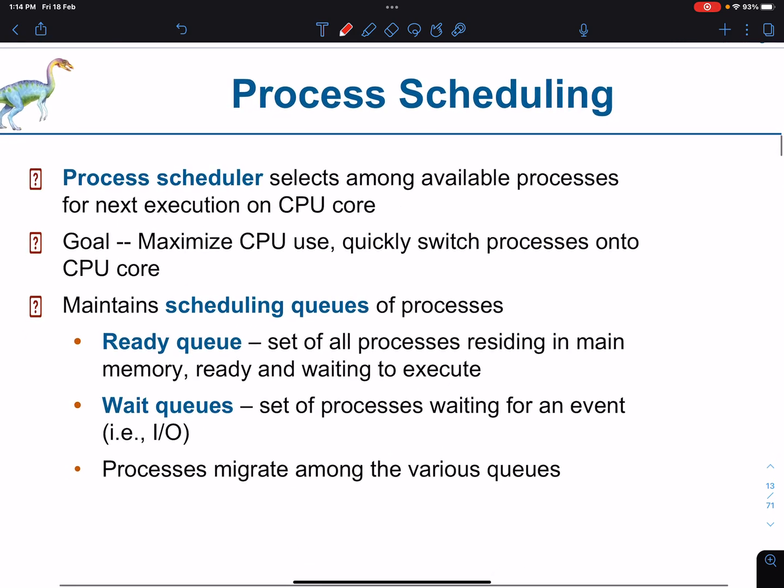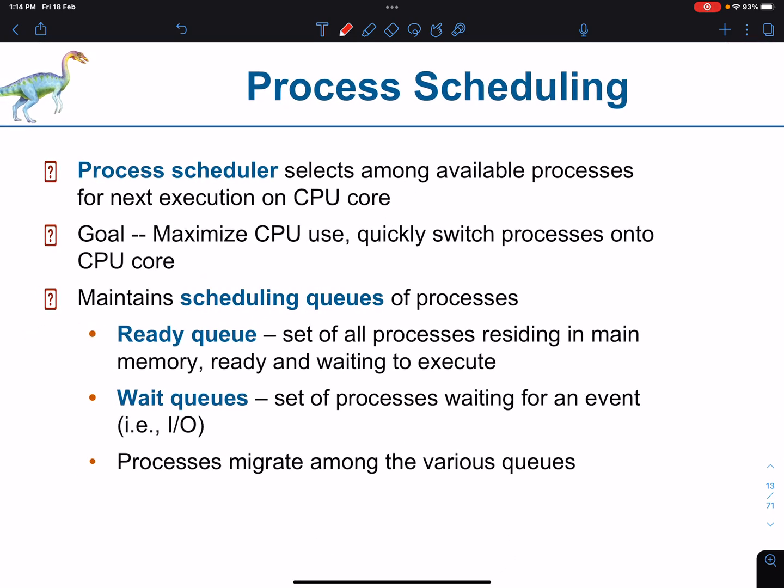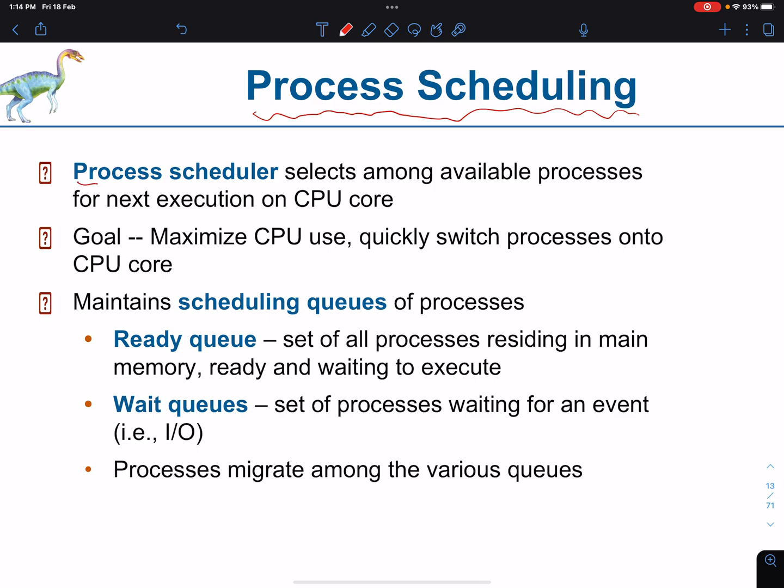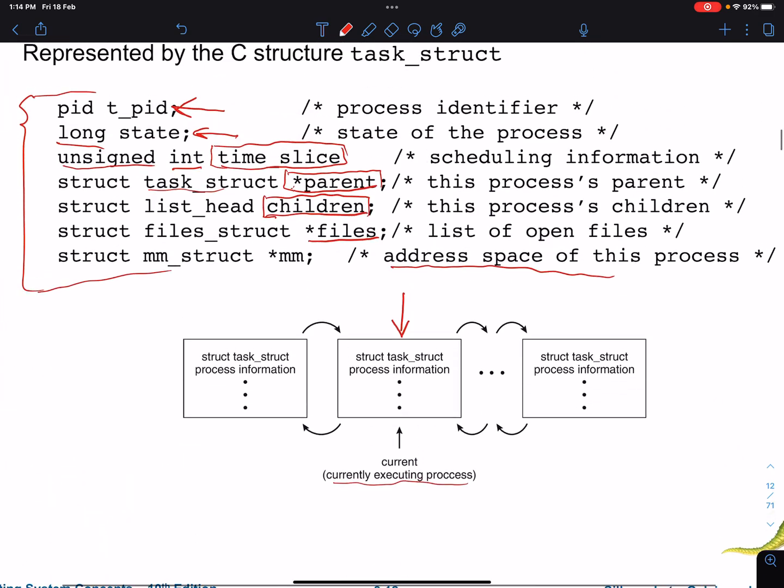How about the scheduling of the process? The scheduling of the process is done through what we call process scheduler. Okay, process scheduler. What does it do? It selects among available processes. And I'll stop here, okay, and go back to